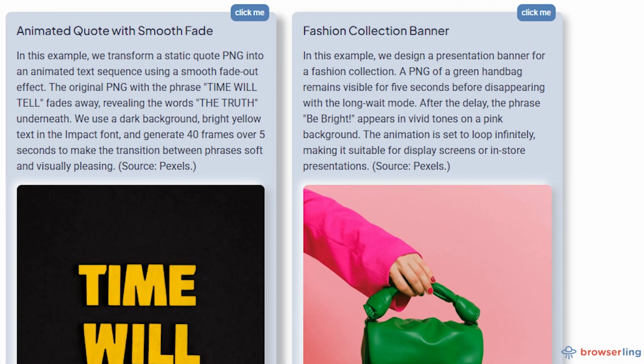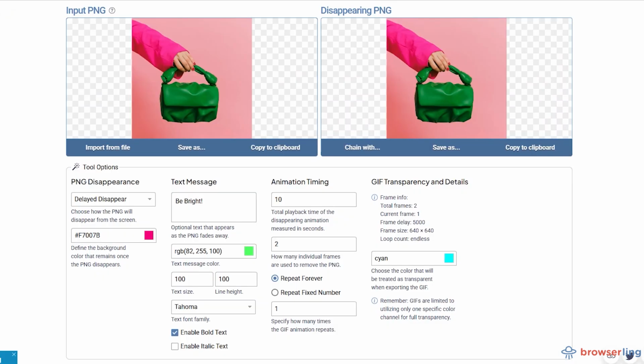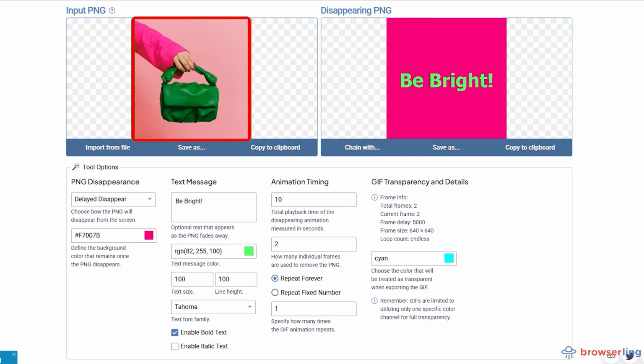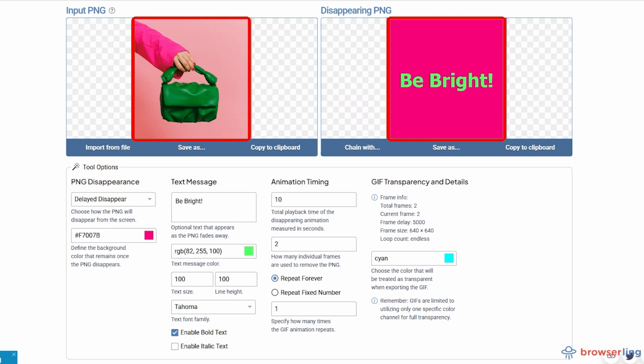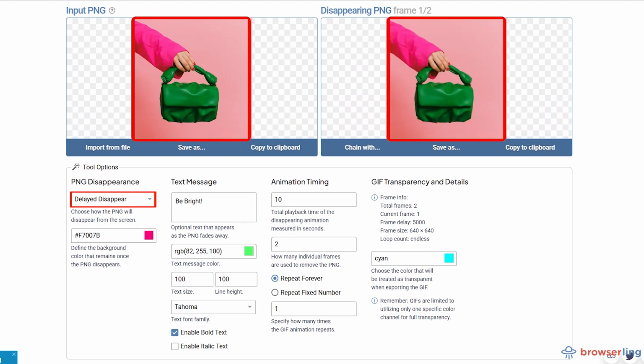Example 3. Fashion collection banner with delayed disappear. Here is the input where we uploaded a PNG image of a stylish green handbag. The output creates a banner-style animation where the handbag remains fully visible for several seconds before disappearing and revealing the message "Be Bright" on a vibrant pink background. We achieved this by selecting Delayed Disappear, setting the background color to